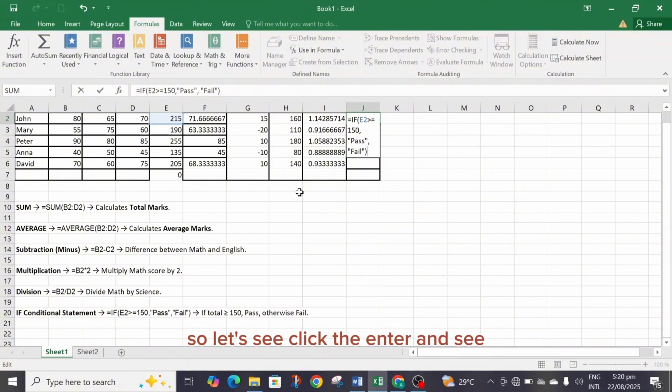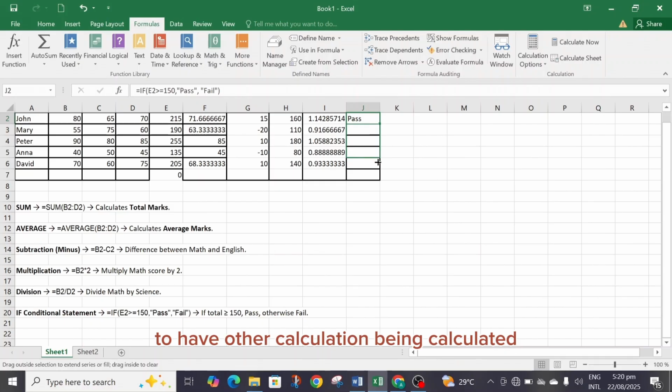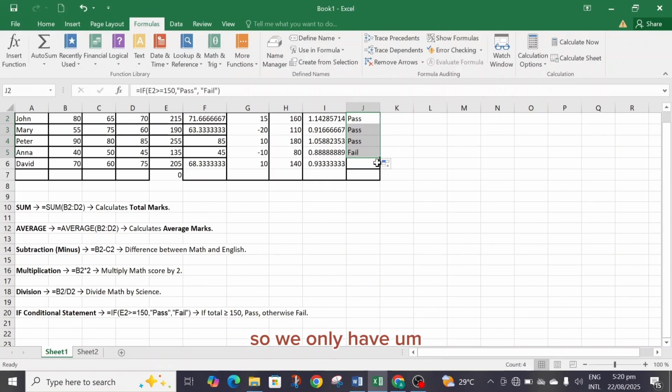So let's click enter and see. So we have pass because 215 is greater than or equal to 150. In the same way, we'll just click and drag to have the other calculations calculated. So we only have